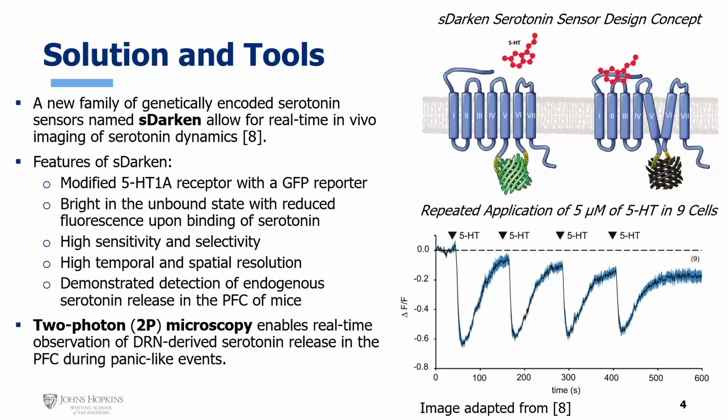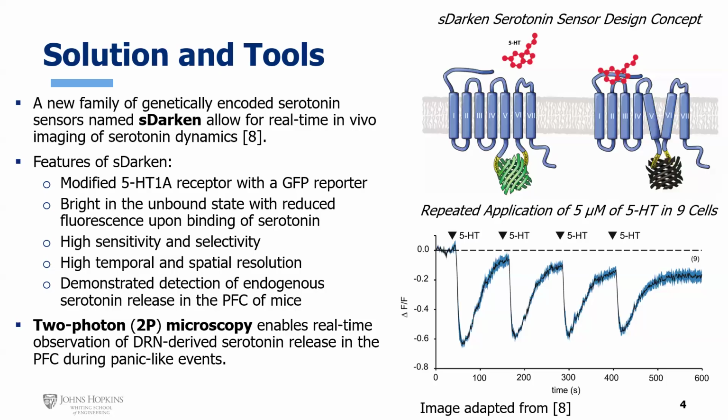The image in the lower right shows repeated application of 5 millimoles of serotonin in 9 cells from the paper by Kubicki and his colleagues. And what that really shows is that over a 600-second interval, when the serotonin is applied, there's a drastic decrease in the fluorescence signal. So it really lowers when it binds the receptor, and then gradually increases after the serotonin is